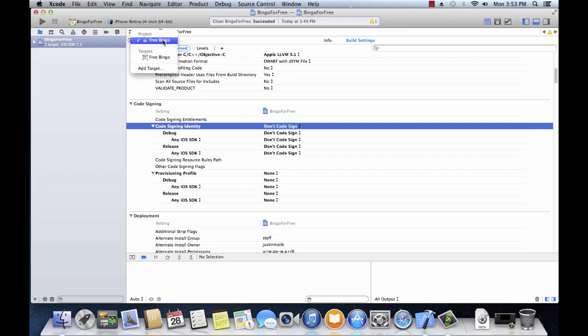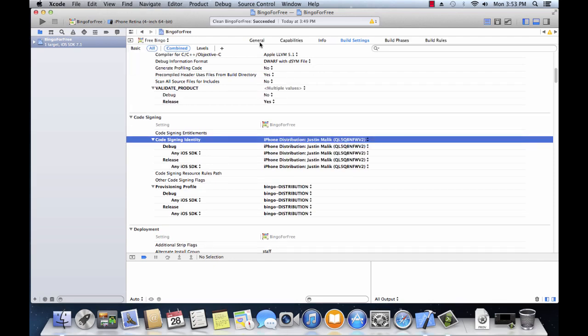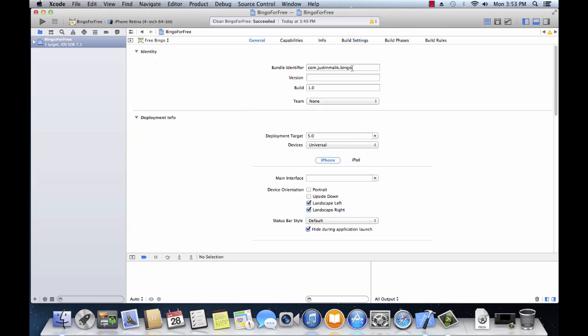So if you click in the top left and go to your target, let's start with the general tab at the top. Now the first thing you're going to see here is the bundle identifier, and that's what we created a tutorial or two ago. We created the bundle ID in the iOS Development Center, and that was the